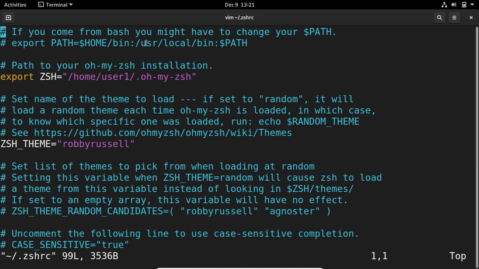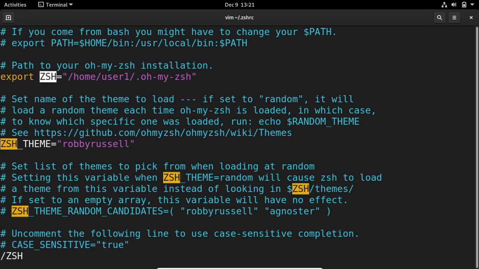Okay, you will not go through the whole file searching for the keyword. You need a shortcut for that. First, you have to be in command mode and just press / and type the keyword. So if I type ZSH, it will highlight the keyword wherever it is present.